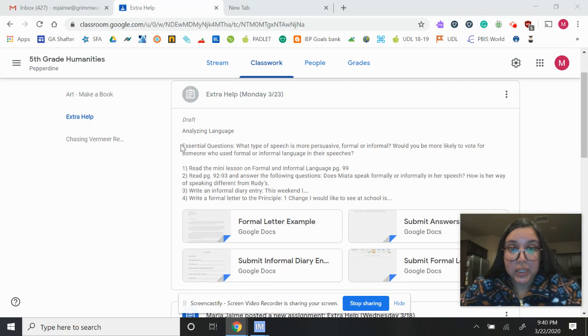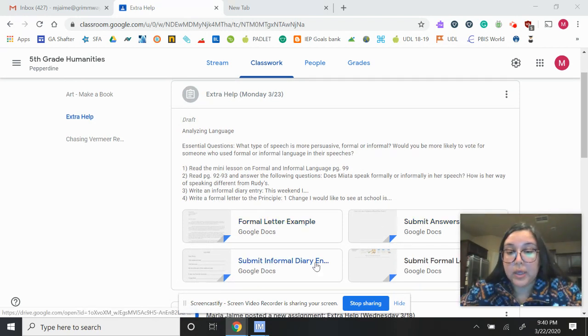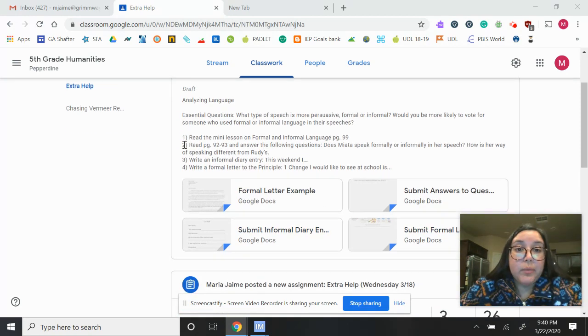This is the extra help tab for Monday, with all of the links to the assignments that are going to be due today. Today we are analyzing language, and our essential questions are: what type of speech is more persuasive, informal or formal? Would you be more likely to vote for someone who used formal or informal language in their